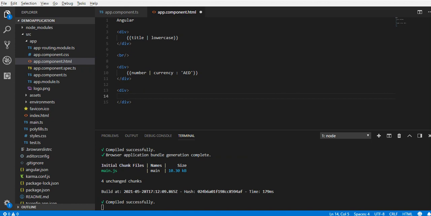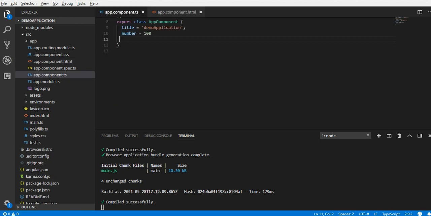Now let's change the format of a date. I'm going to take one date format, so let's define some date in the TS file. Let's say date, and here I'll define a string and assign some date like 29th May 2021.